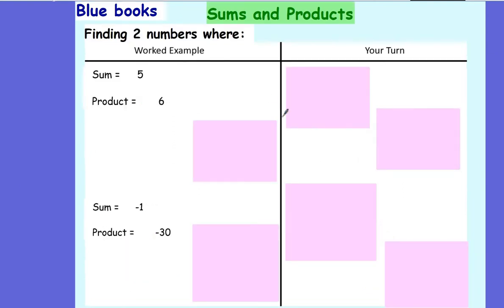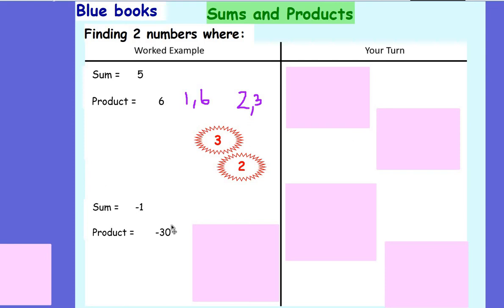Now we're going to look at working the other way. I'm going to try and find two numbers where the sum is 5 and the product is 6. So the sum when I add these two numbers together is going to give me 5, and the product when I multiply them together is going to give me 6. Now two numbers that would give a product of 6 could be 1 and 6. Could also be 2 and 3. Those are my two options. I need them to sum, add up to 5. So the option that I'm going to choose is 2 and 3, because 2 plus 3 gives me 5,